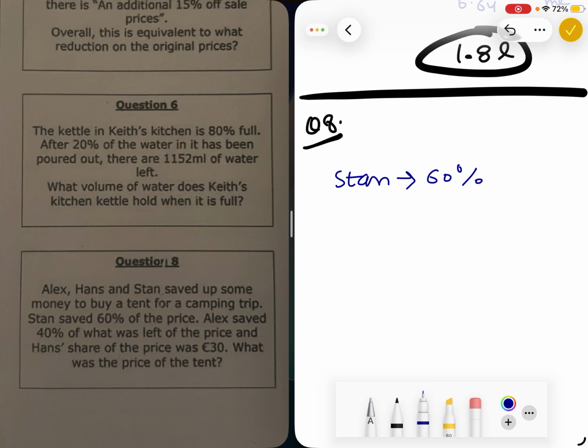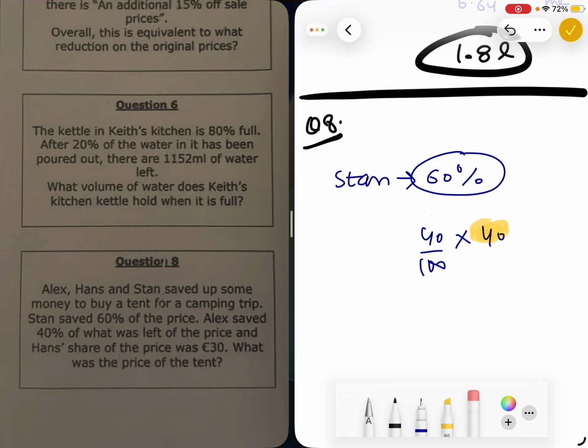Alex has saved 40% of what was left of the price. What was left of the price? That means if Stan saved 60 rupees, 40 rupees were left, right? So Alex has saved 40% of that, 40% of 40. We need to understand that. Okay, so we will write